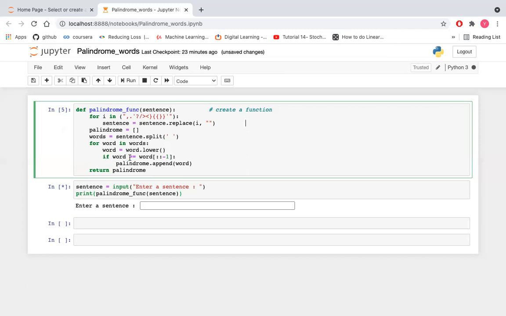If word equals word[::-1], then it will append the word to the palindrome list which we created before, and it will give the list of all the palindrome words.